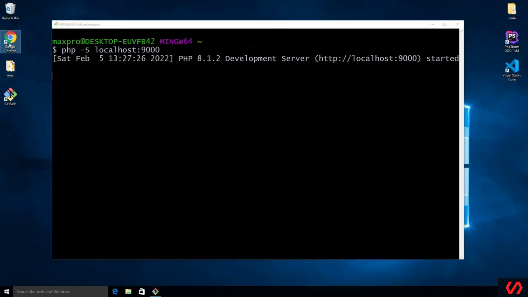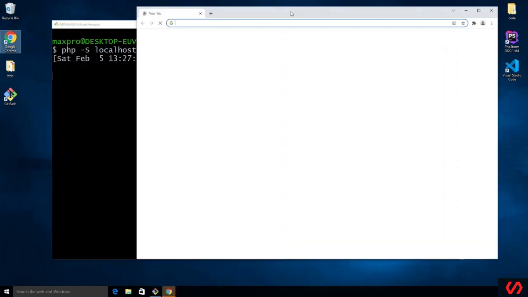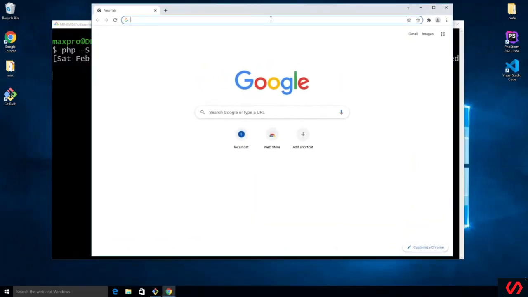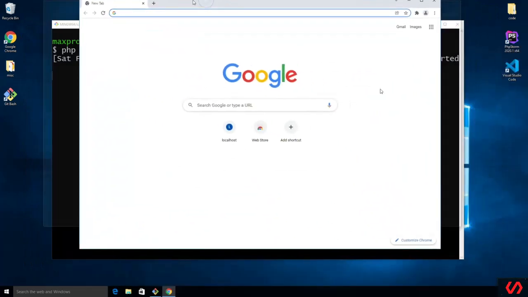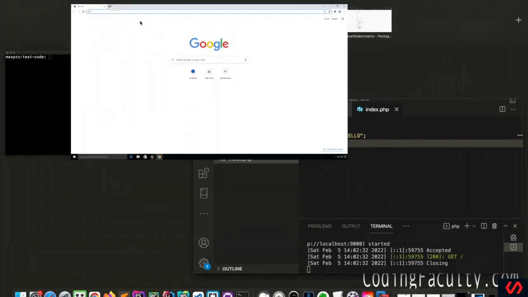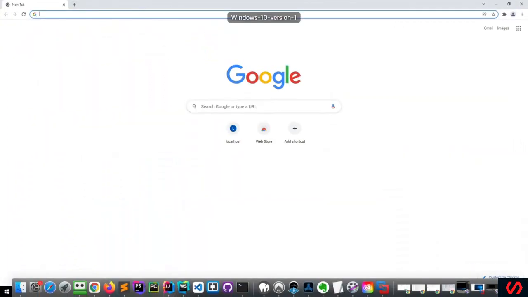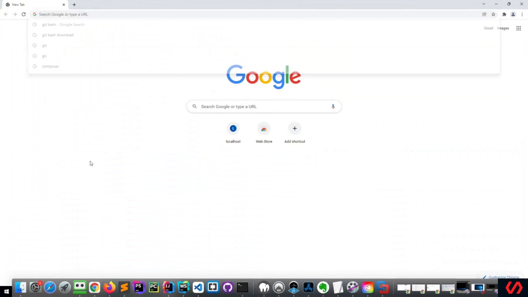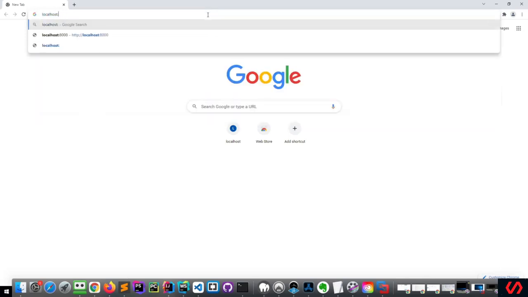And you might be wondering, so why am I doing this? Well, Git Bash allows us to, remember, we set up our PHP executable, and Git Bash already has all those files pathed. But make sure that you have at least XAMPP installed on your computer so Git Bash can find that executable. So let's go localhost 9000 in here,